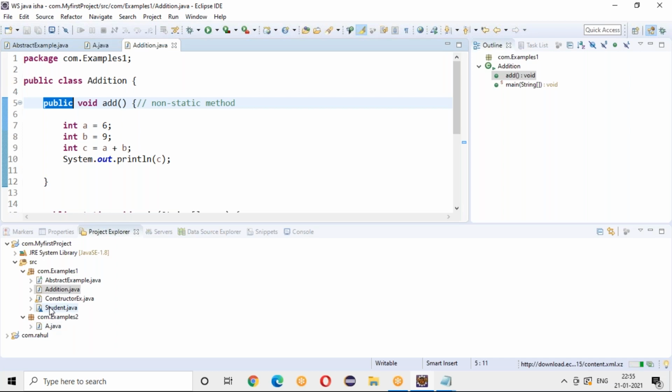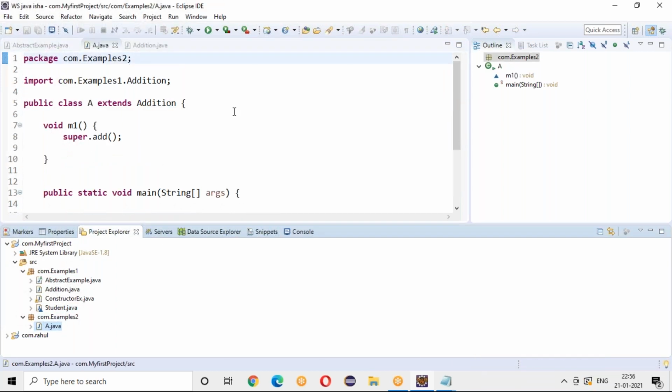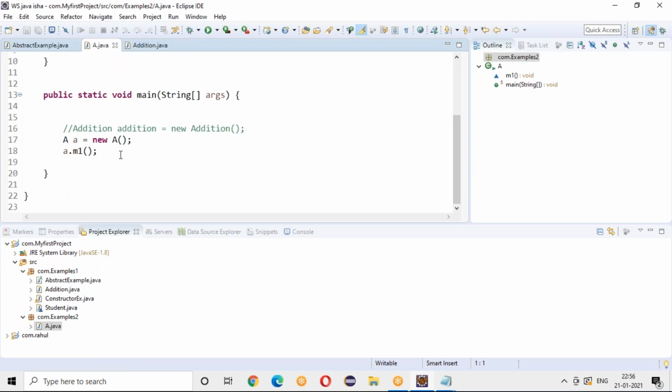It means where the class A is, class A is outside the package. So then what I can do, I can create an object of addition from the A class and I can call an add,